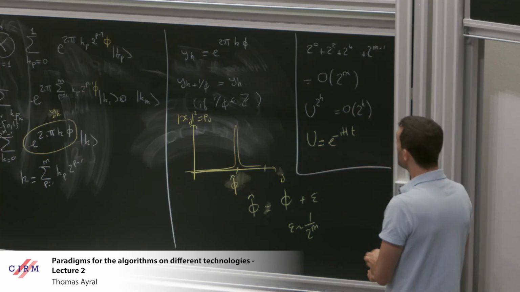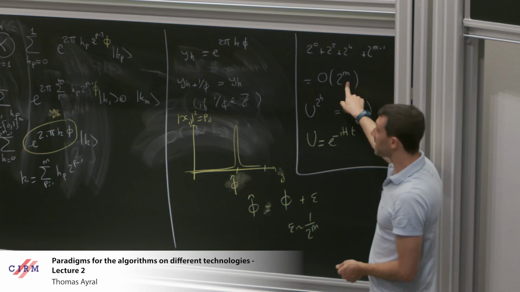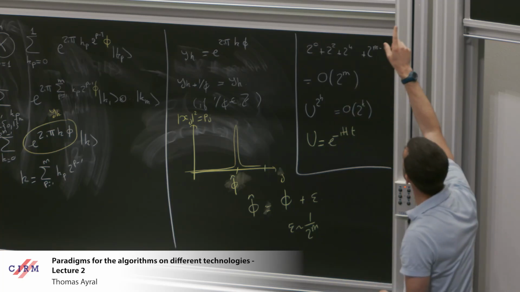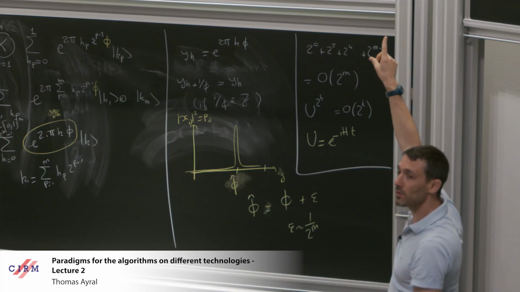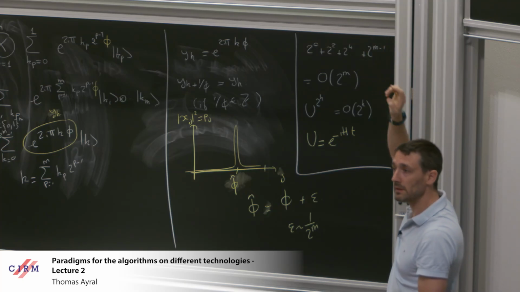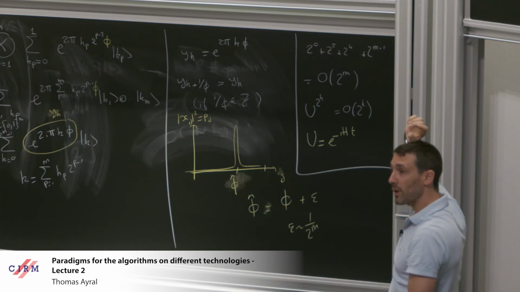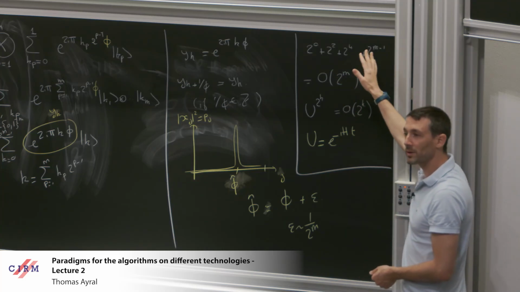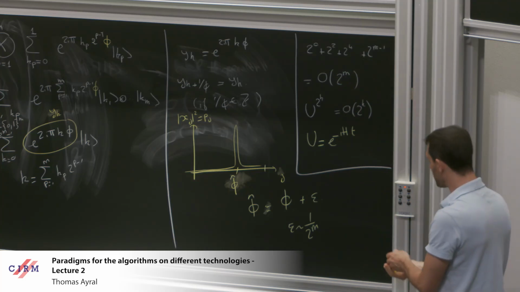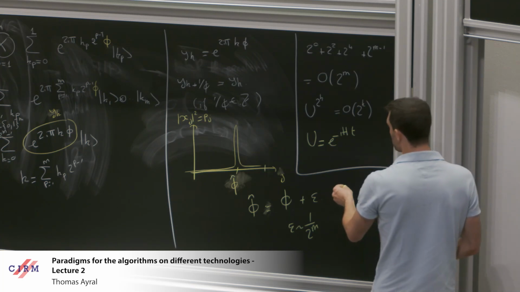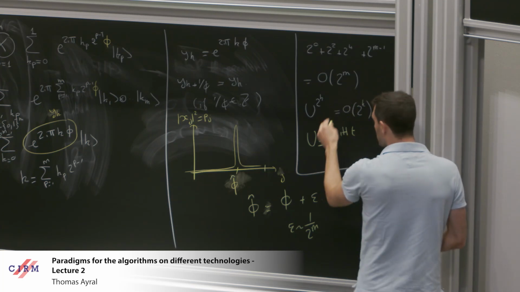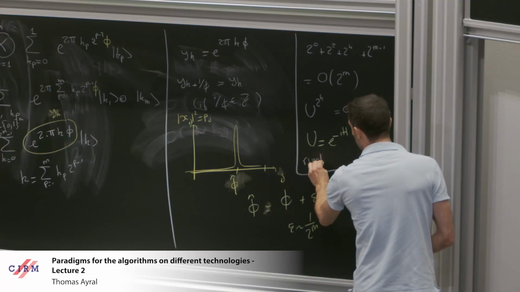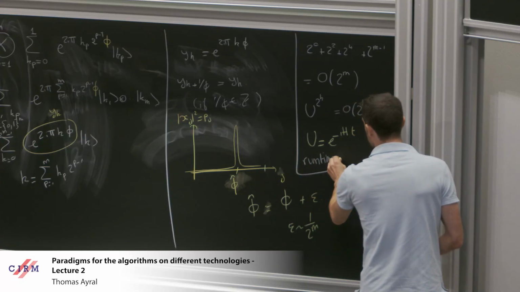So you see here that the cost scales exponentially with the number of ancilla qubits. And then, of course, I have to add the quantum Fourier transform, but how much does the quantum Fourier transform cost? It's just m squared. So m squared compared to 2^m is nothing, it's not the dominant contribution. So the final cost of phase estimation essentially is 2^m. So in other words, the runtime here is 2^m,